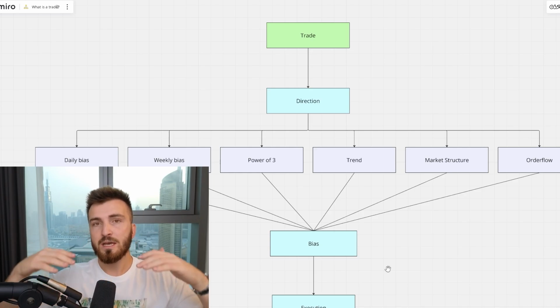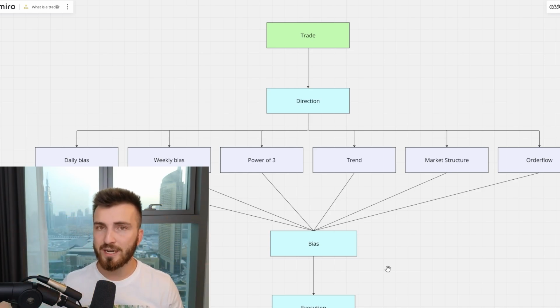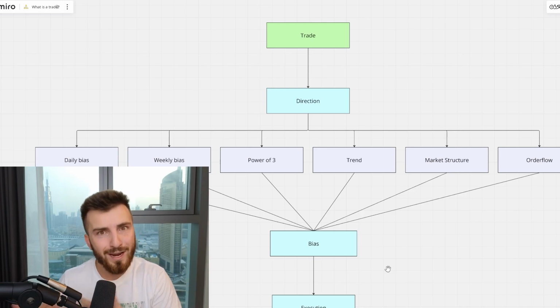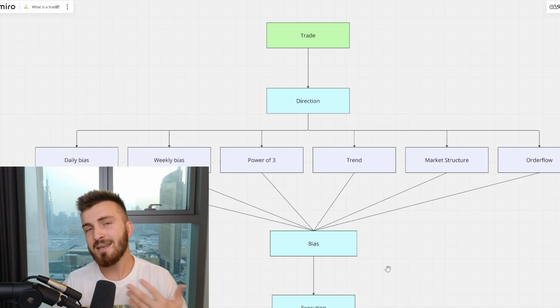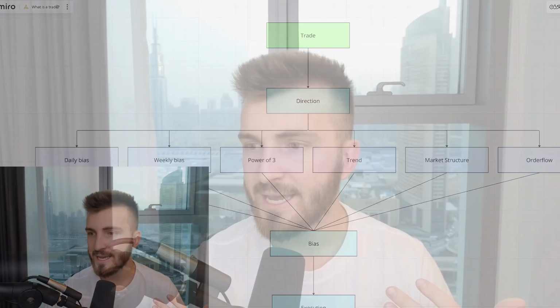Because once again, if you don't know the direction, then why are you trading? Right? You need to understand that for you to trade, you should know what direction you are trading. Any long and short that you might be taking in the market, right? If you're taking a short, you're basically saying, I believe the market is going down. If you're taking a long, that means I believe the market is going up. But if you have nothing to back up where you believe the market is going, then you don't have direction. So you need to focus on direction number one for you to become profitable.